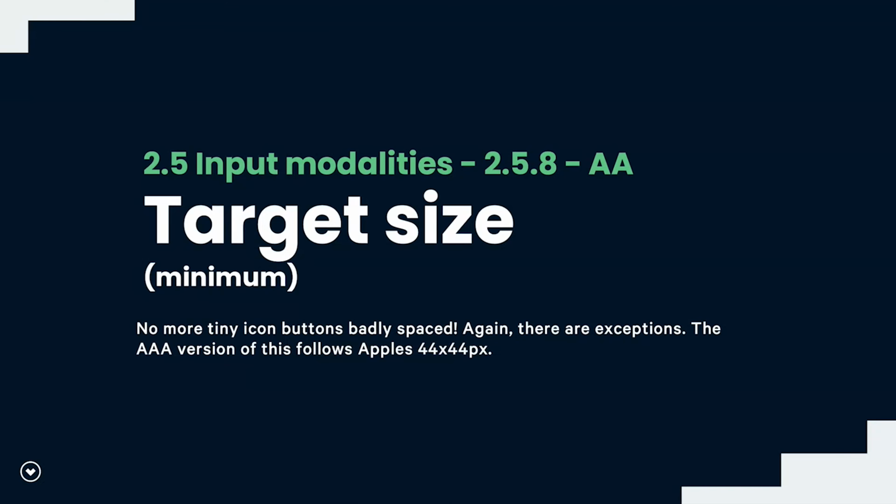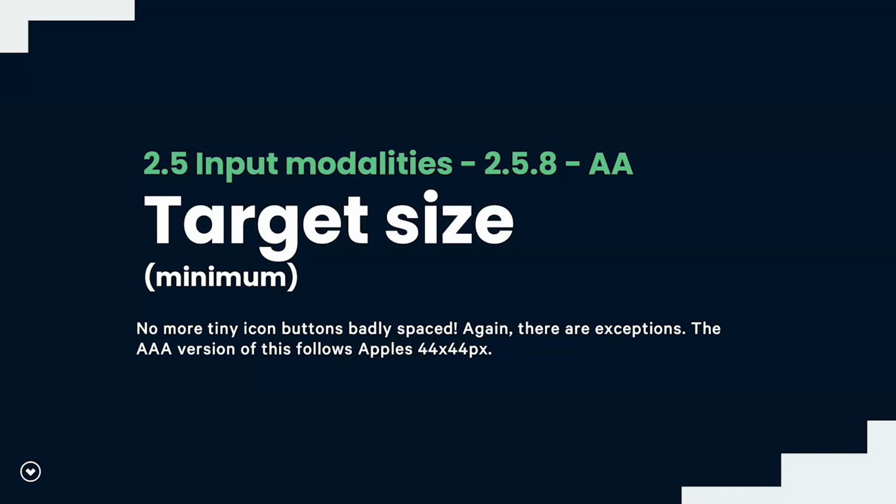I think they follow the 44 by 44 pixels rule anyway, which I think is in Apple's UI guidance. There is actually a AAA version of this success criterion, which already exists in WCAG 2.1, and that is 44 by 44 pixels. So if we're already following that, then we're already meeting the AAA version of this. But this is one that's been brought in to make sure there's a minimum size,